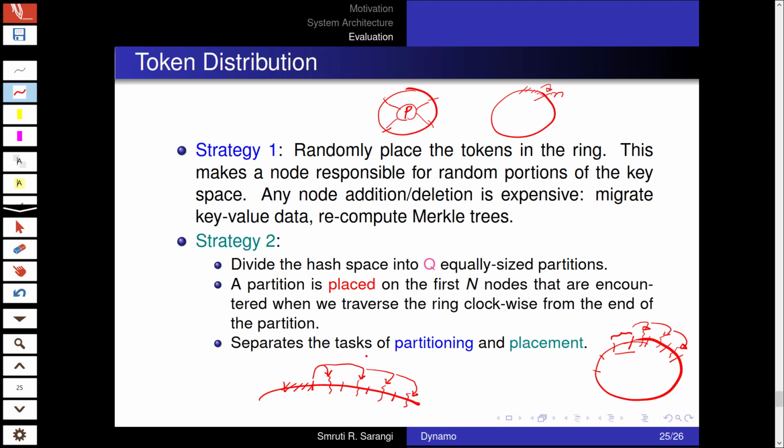So this is a better form of load balancing, where of course we have discretized, we have quantized the key space, and we have also ensured a certain amount of load balancing for each virtual node, which means that it's not the case that a single virtual node is responsible for a very large portion of the space.